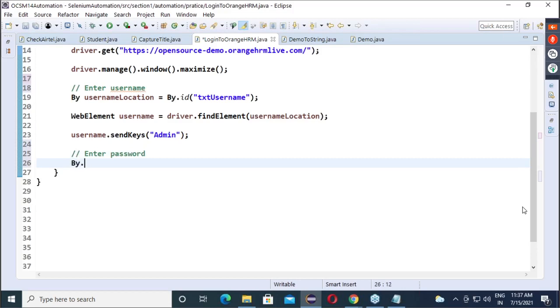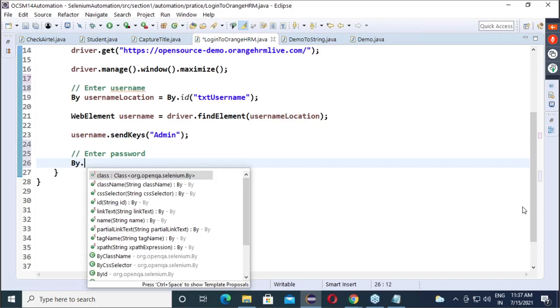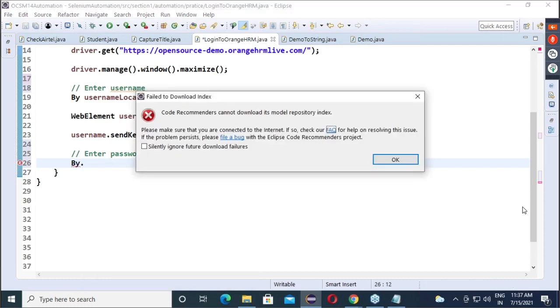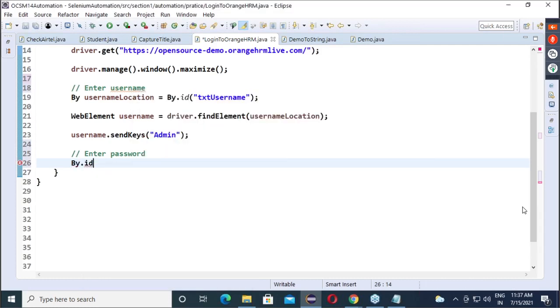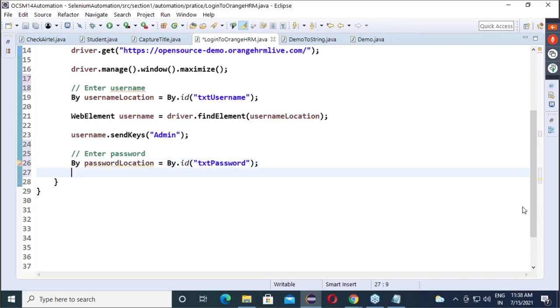Then By dot, which locator are we using? ID. So By dot id, give the value of the ID. So can I say, guys, it is the password location By. Now after that, what do we need to do?